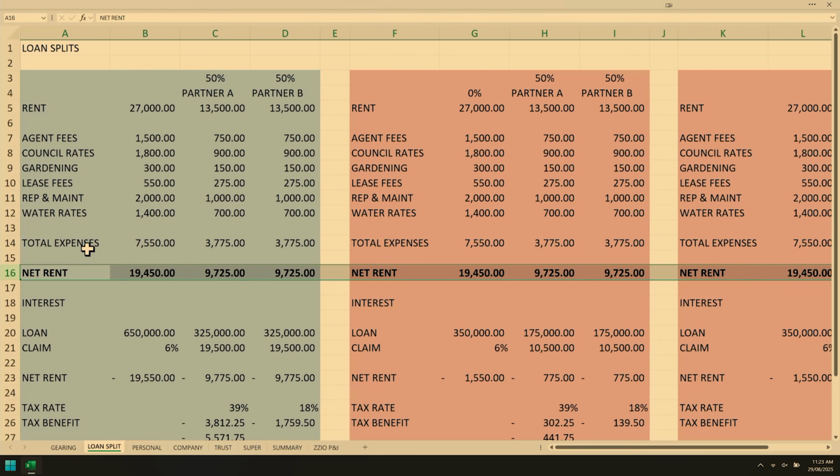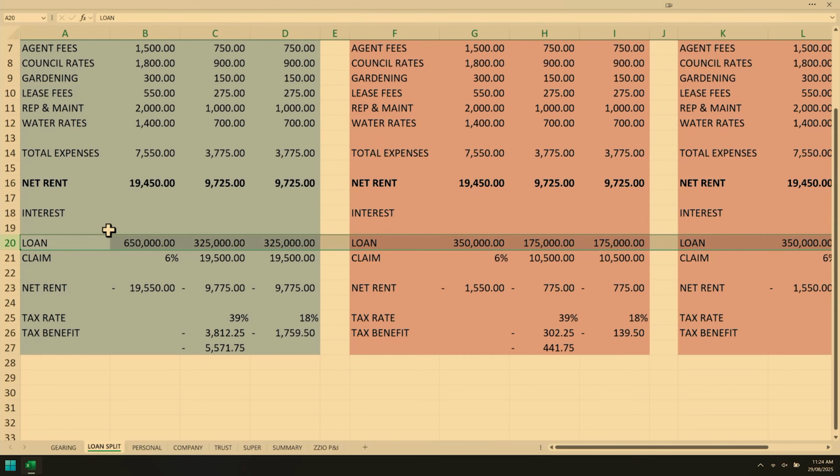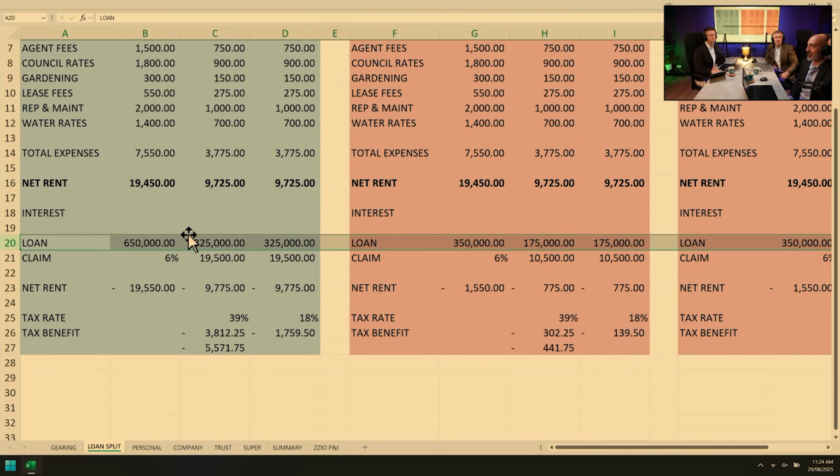Now, the two scenarios I'm going to compare is one where the two people go to the bank and they get a joint loan. So they've got a single loan, and that's for $650,000. And when we come to claiming their tax return, we allocate that 50-50. We've got a single loan. We can't actually do anything with that. We can't split that any differently because it's both names that way. And what I'm going to do is show the difference of now, what if these two people, instead of getting one loan at 650 for both of them, what if they each got a loan for 325 each? And we'll just do the comparison. At the beginning of the comparison, the difference is nil, but later on we'll see the effect.